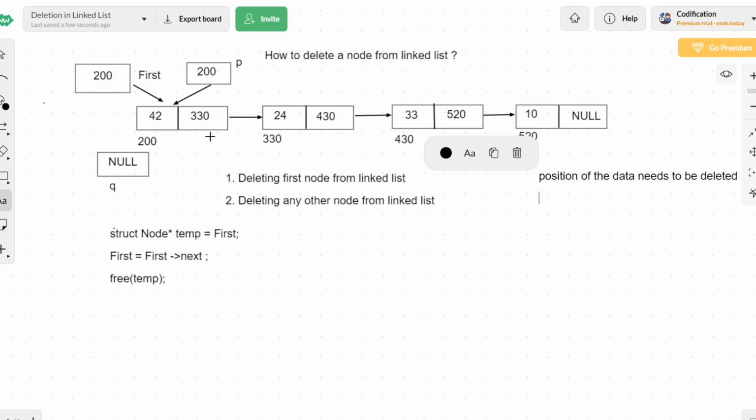It could be the first node, or 2 or 3 or 4, which needs to be eliminated. The second data that we require is the current node, the node that we are traveling with. So we need to know the position of the data to be deleted, and we should also have one more variable which will store the position of each and every node that we are presently visiting.